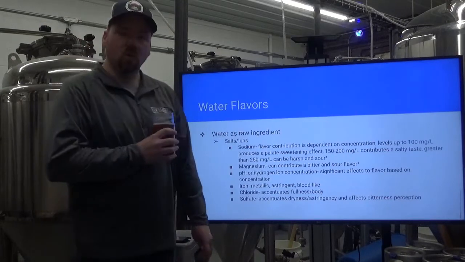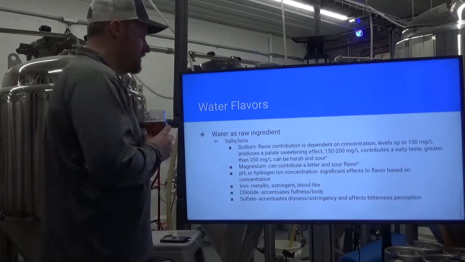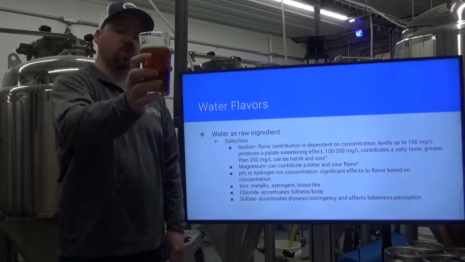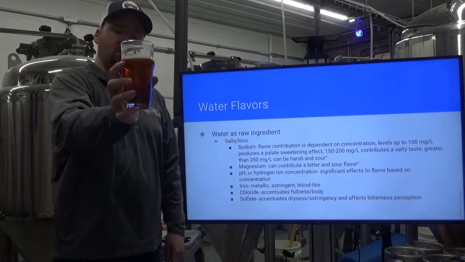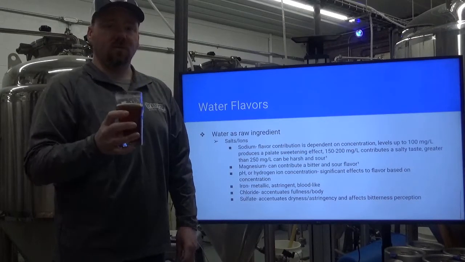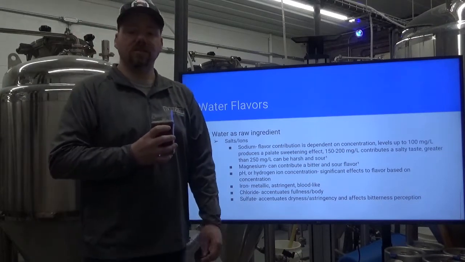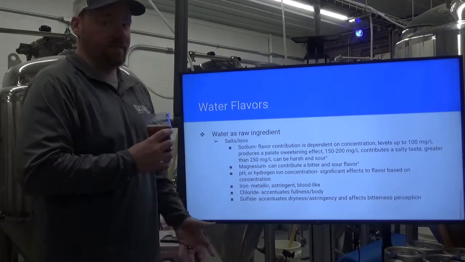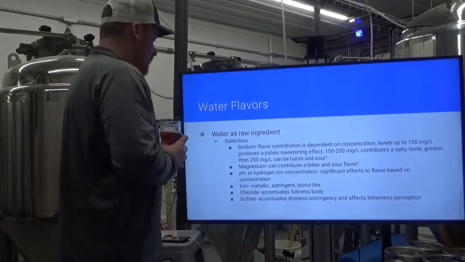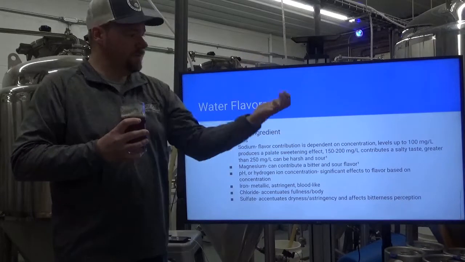So first, water flavors. Water as a raw ingredient is something we think about because it makes up the majority of this product right here. This product right here is 95% water. So we need to think about the water that we use to start our product as a raw ingredient. And you should, because it is. It's 95% of your finished product. Think about it. So the things in water that cause flavor,